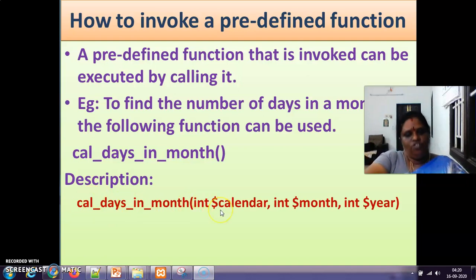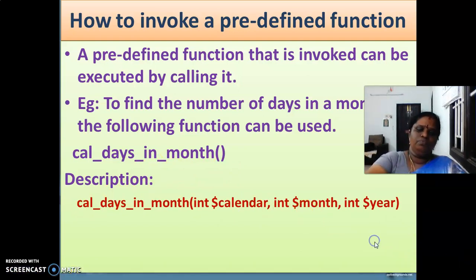Integer calendar should be given as the parameter, month should be given as the parameter, and the year should be given as the parameter. These three parameters should be given to the function. Okay, so this is the function and this is the description of how we are going to call the function.